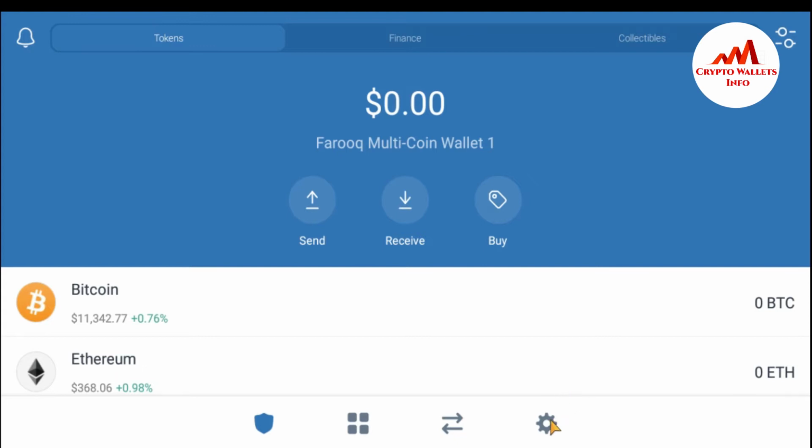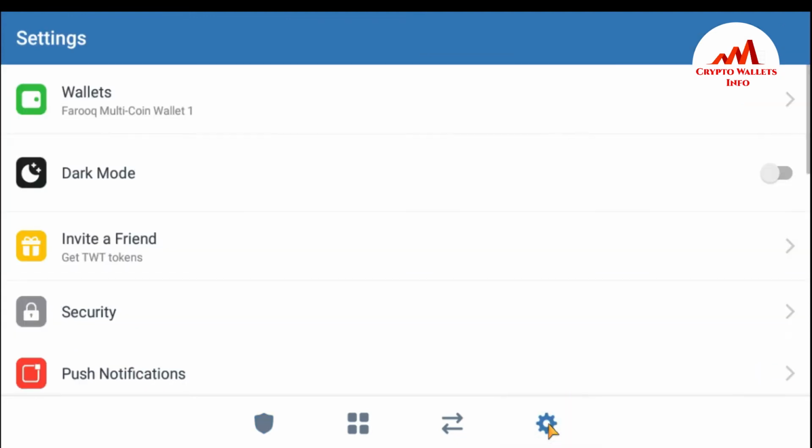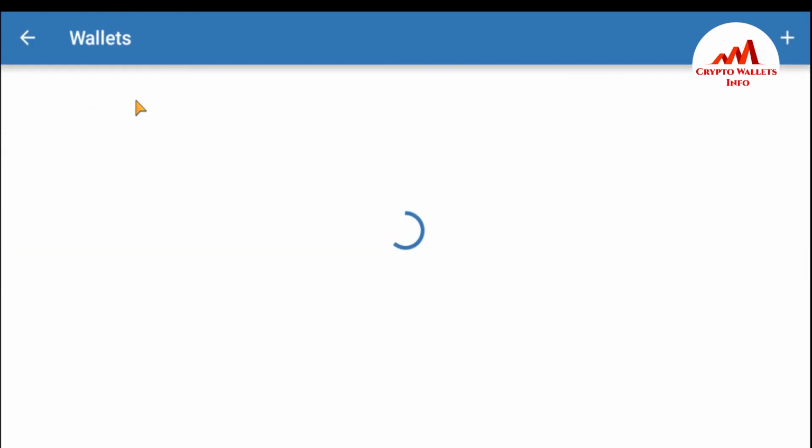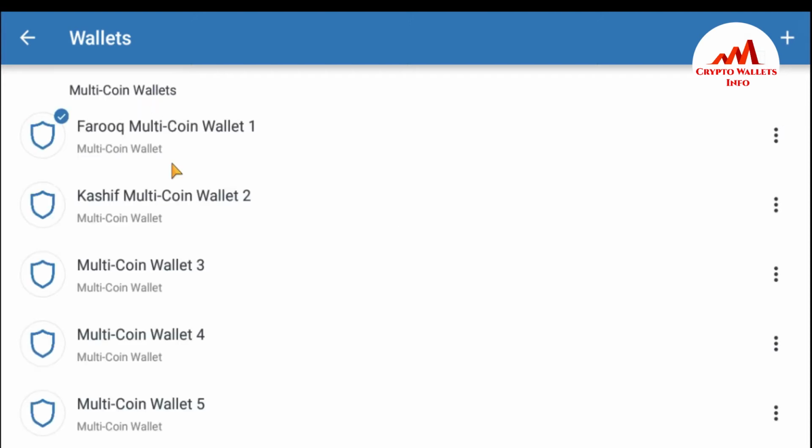This is so easy. Just go to the settings, because if we want to get the private key, we first need the 12 word phrase of our wallet. So just click on wallet. First I need to get the 12 word phrase of my wallet. You can see here the many wallets I have created. So I need to get the 12 word phrase of Farooq multi-coin wallet.